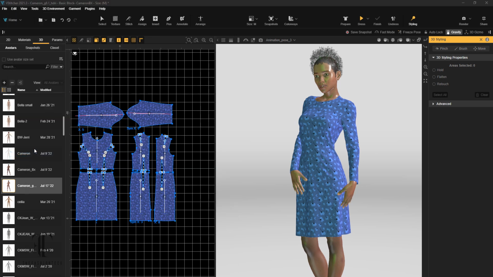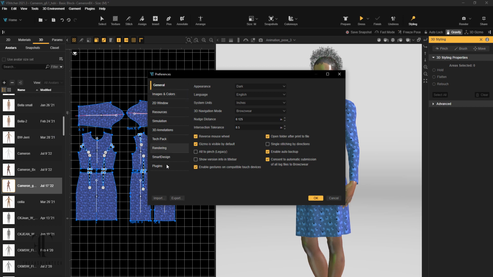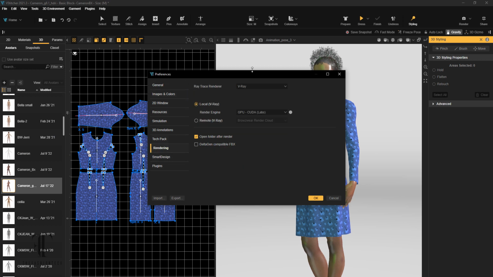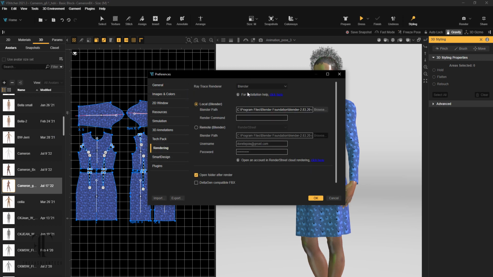So I'm going to close this out, and then in our preferences, we're going to change this to the Blender render, and change it to Blender. How do you set this up? Local, right? When you change this to Blender, there's a help installation here. Fine, simple, easy. All you have to do is go find your Blender exe file. So right here I have my exe file from Blender